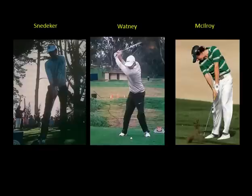Now here's the advanced players. From the olden players of Hogan, Palmer, Nicklaus, and Snead, now you have the modern players. Here's Brandt Snedeker in a great address position, or setup. His body is tilted, his left hip is higher than his right, his left shoulder is higher than his right, his spine is tilted behind the ball, so he has a beautiful swing position where he could get to the top of the swing just like Nick Watney does, where his shoulder's behind his level hips now,